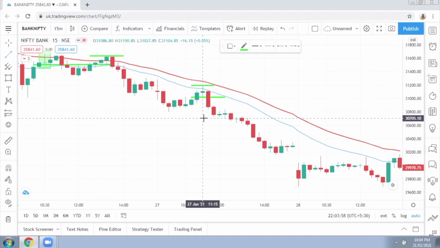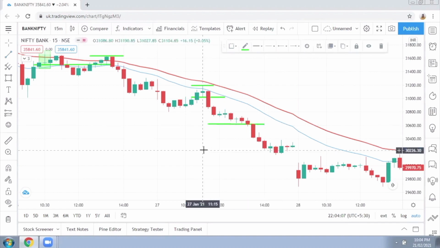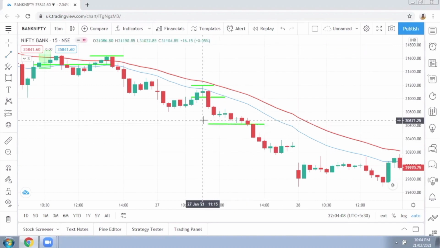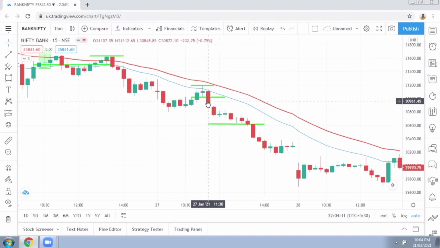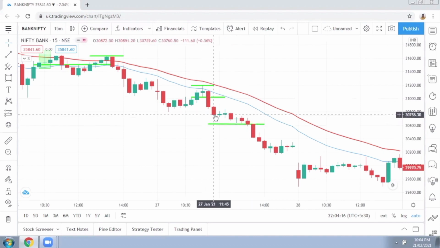So I will short Bank Nifty here. I will put my stop loss above the high of that previous doji candle. I will take 1 to 2 RR, here it will come, or I will trail my stop loss with the high of each previous candle till the momentum is strong and I am getting big red candles, big bearish candles. I can be in the trade.